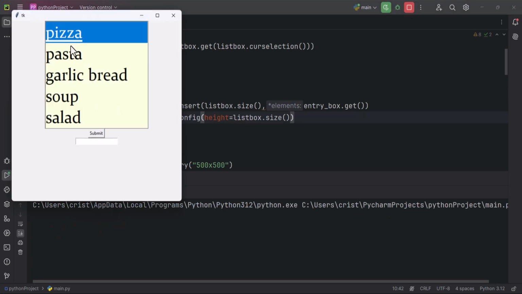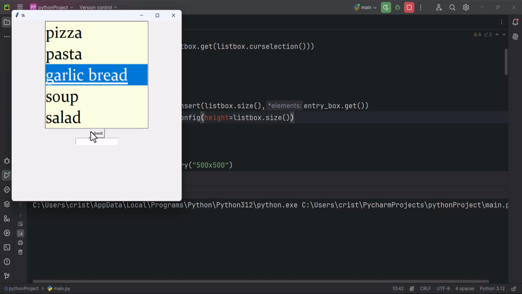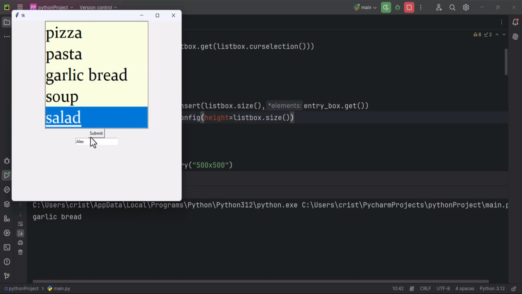Now let's close this, let's run it. Now we have our pizza, pasta, garlic. Can submit. Garlic was selected. Now if I type here Alex and if I type submit,